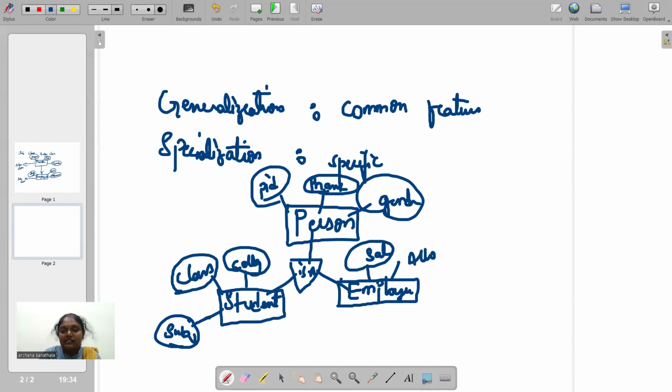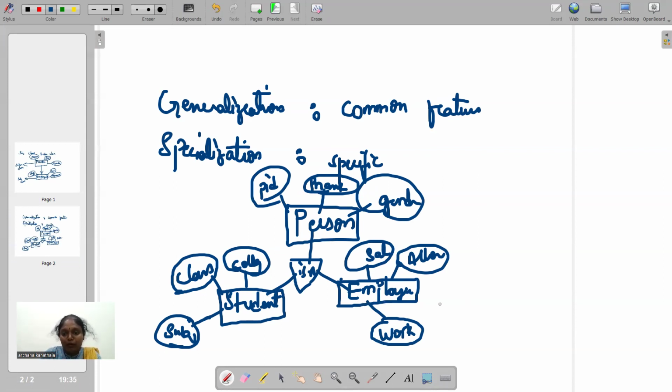and then allowances, and then work type, whether hourly basis or day type, temporary or permanent. So here, an entity of person type can also be a student, can also be an employee, which can be more specific.